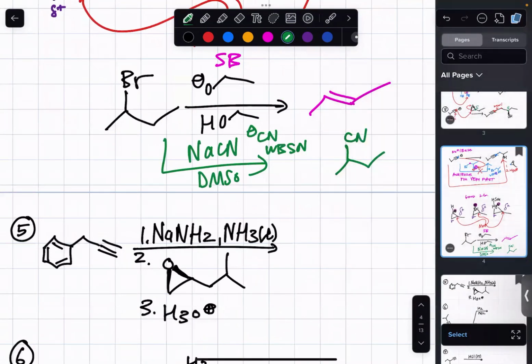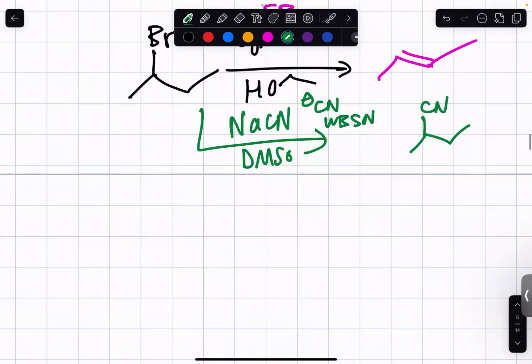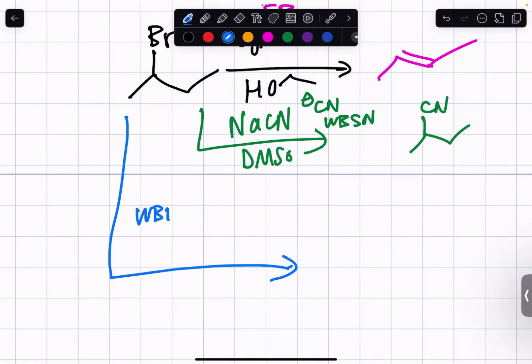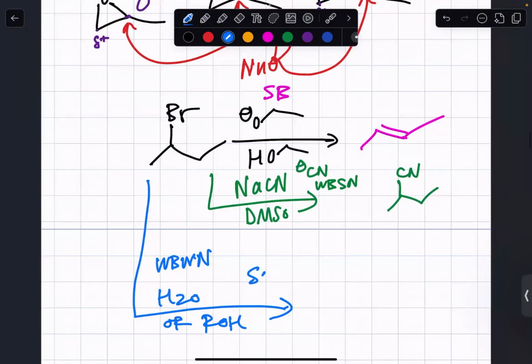SN1, I know, these are tricky reactions here. SN1 would be if you have a weak base, weak nucleophile, and the ones that you're going to see are either water, H2O, or ROH, neutral H2O or ROH. That would be an SN1 reaction, where the leaving group just leaves by itself and forms a carbocation intermediate. Once you form that carbocation intermediate, you stop, watch out for any hydride or methyl shifts you could do, and